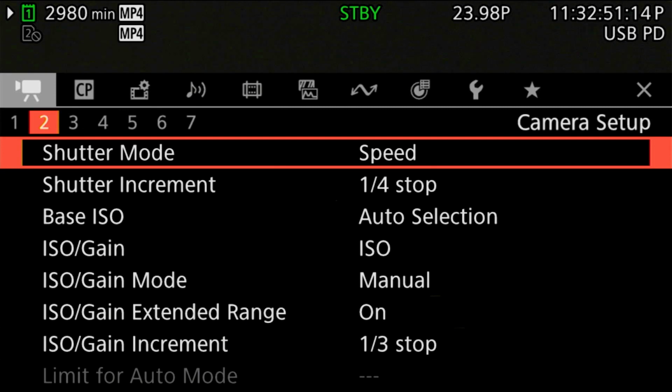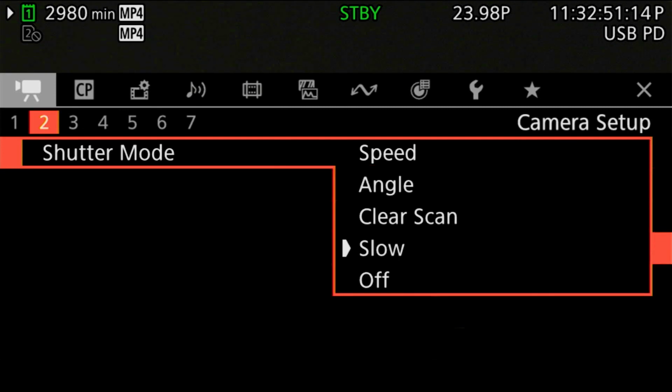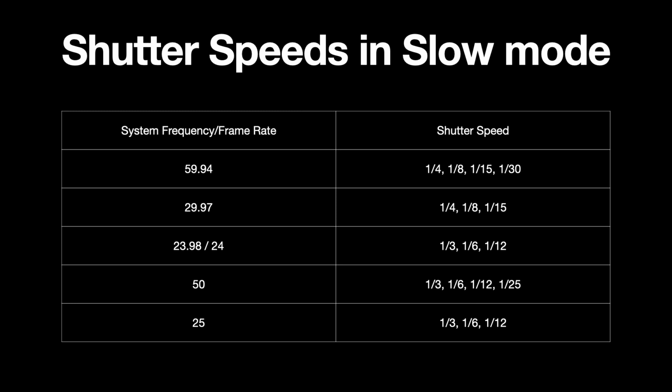So the next mode I'll look at is slow. The slow shutter speed mode enables the shutter to shoot at speeds that are slower than the currently selected frame rate. Now, the intent of this, at least as far as I can see it, is to enable shooting when it's too dark for standard shutter speeds while maintaining real-time playback and full audio recording capabilities. However, this comes at the cost of reducing the effective frame rate, so your video will become more jumpy, as the exposure for the slow shutter speed will be duplicated across as many recorded video frames as needed to equal